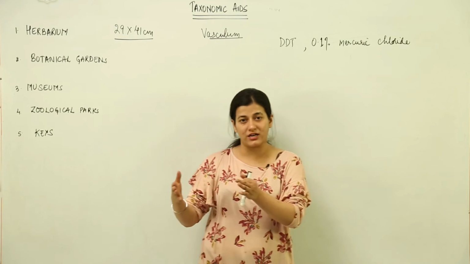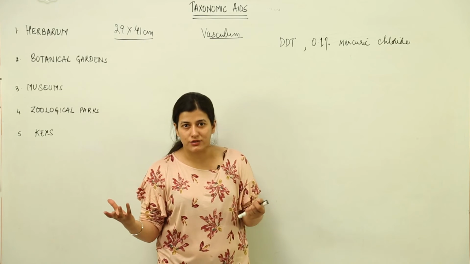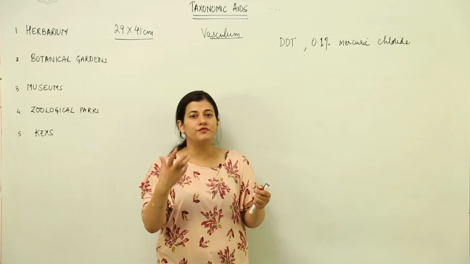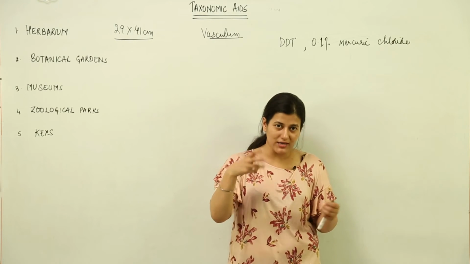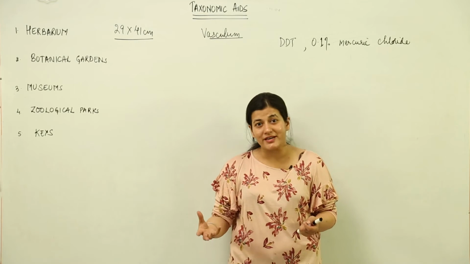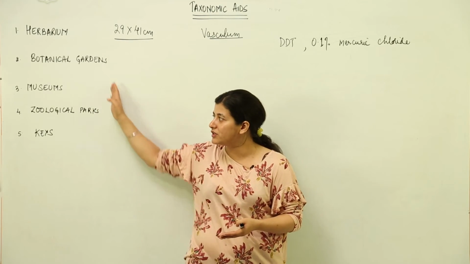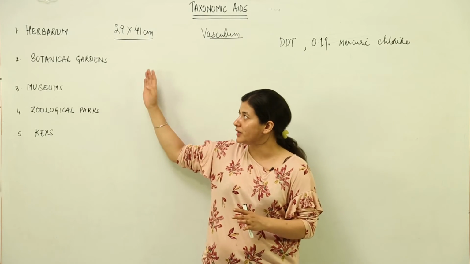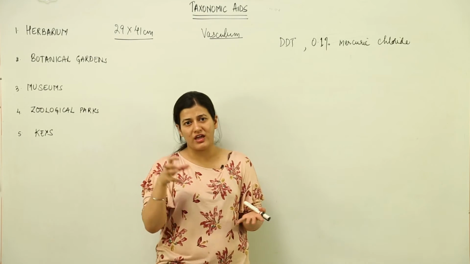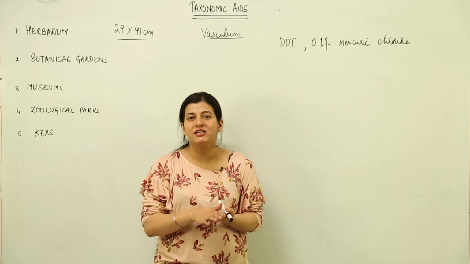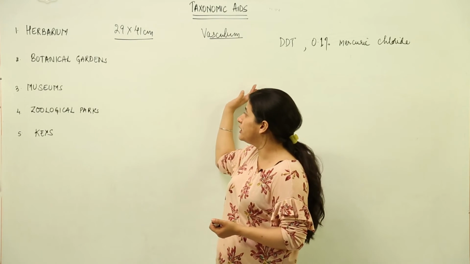If you ever don't get to see Rafflesia, which has the largest flowers, most of you might not have seen it, but you can go to a herbarium and see the parts of Rafflesia easily, or those which cannot be represented in a herbarium would be shown in the museum. So we are clear with the taxonomic aids so far: a herbarium is nothing but sheets, an arrangement of sheets where we have parts of the plant represented in their dried and preserved state, and a few facts that we learned about it.